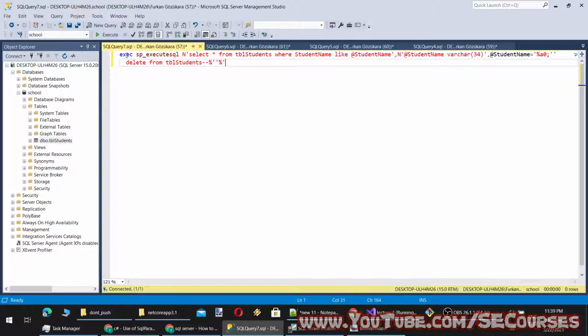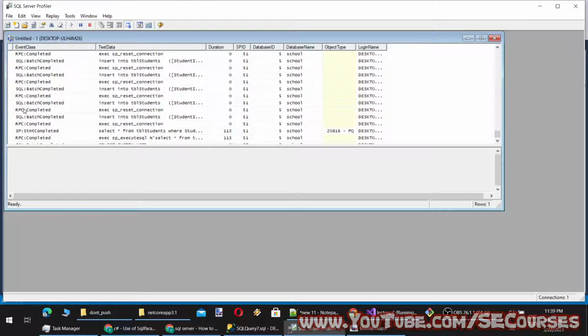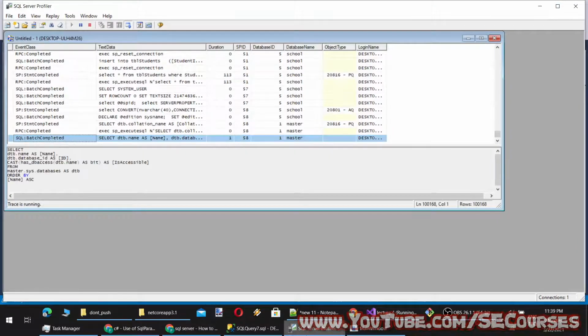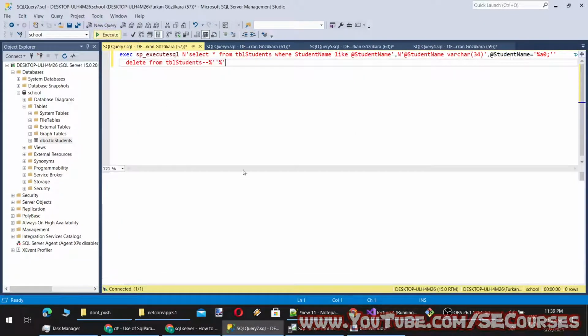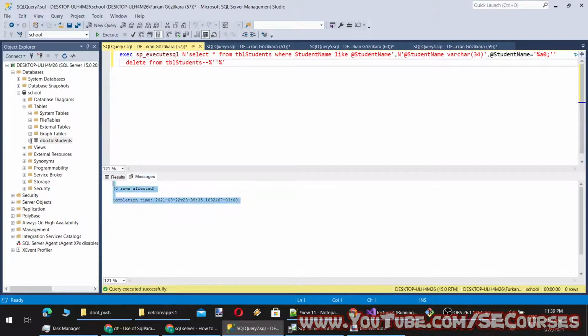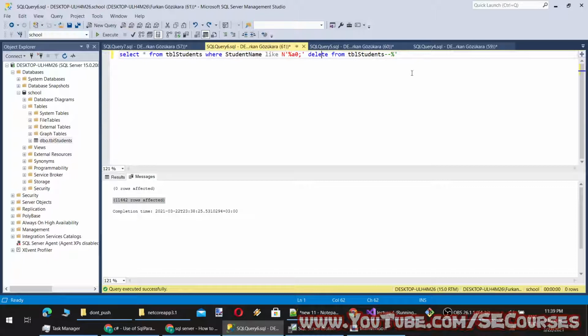You see it uses exec sp_executesql. When I execute it and click messages, you see nothing, no rows affected. However, when we execute the other one, which is the insecure command, therefore open to SQL injection attacks, you see all rows are deleted.